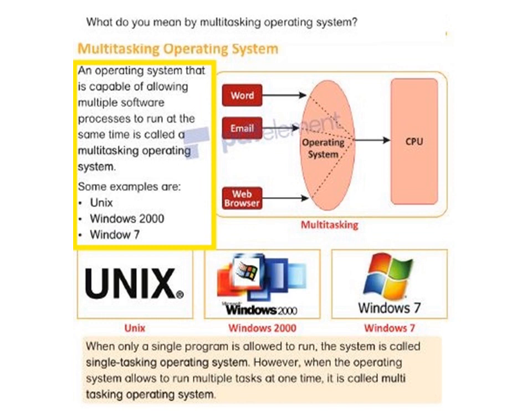Nowadays the computers that you are using are basically multitasking. Why? Because you can read a book and play music in the background at the same time. Those are two different tasks, playing music and opening up a PDF ebook. Both those things are being done at the same time. So, an operating system that is capable of allowing multiple software processes to run at the same time is a multitasking operating system.